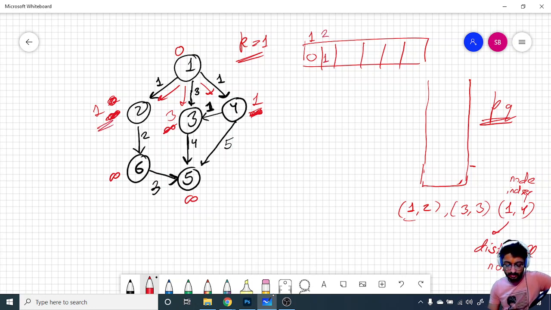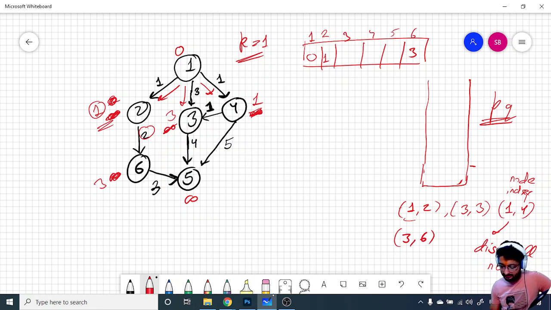Now it is fixed. Now we can go from this node to this node, and as you can see, the time it takes to get to this node from this node is 1 plus 2, which is 3. So okay, 3 is stored for node 6. So 1, 2, 3, 4, 5, 6. As you can see, 3 is stored. Now what we'll do here is that for node 6, we will again push back into the priority queue.